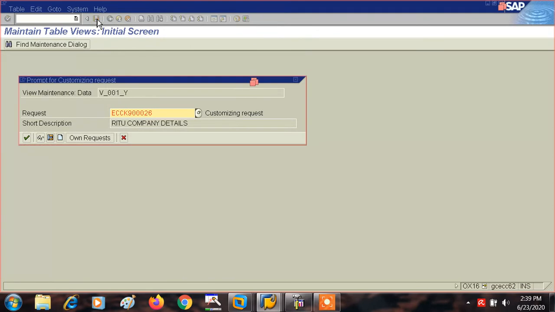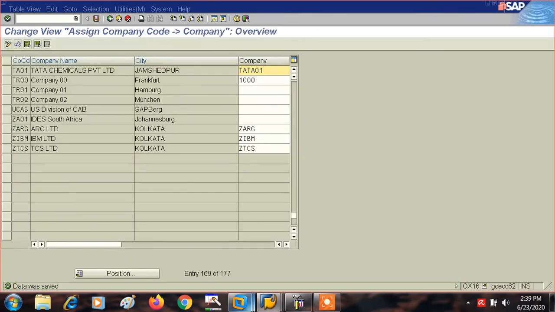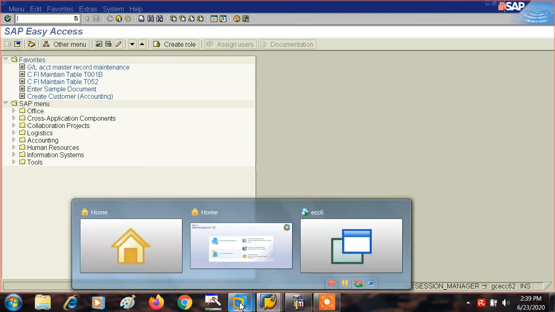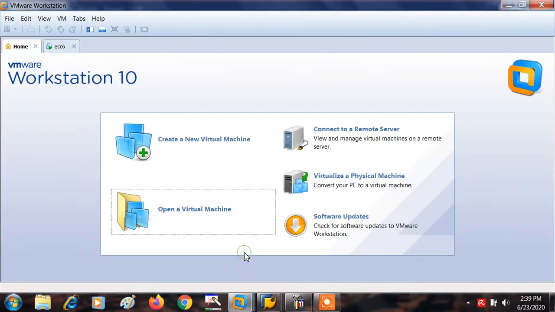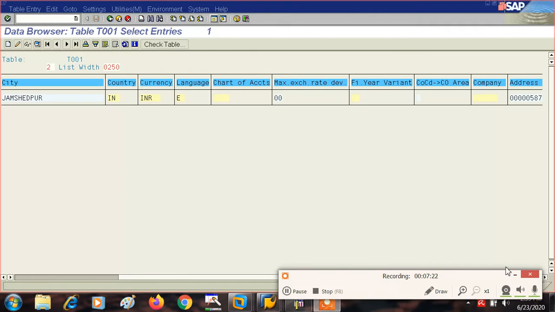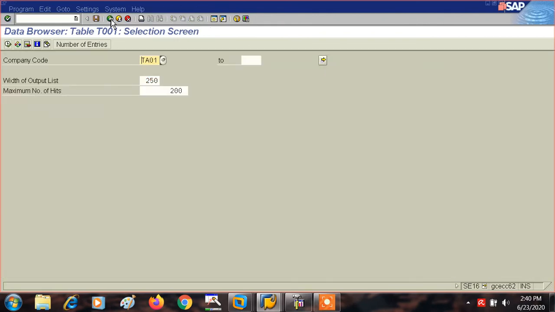and save. So this is very important, to know about the company, to know about the tables. This is extremely important. Okay, so see, again we have come here. Once again we have given the assignment between the company and company code.